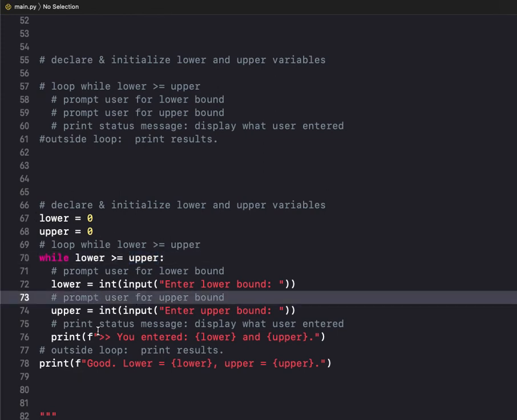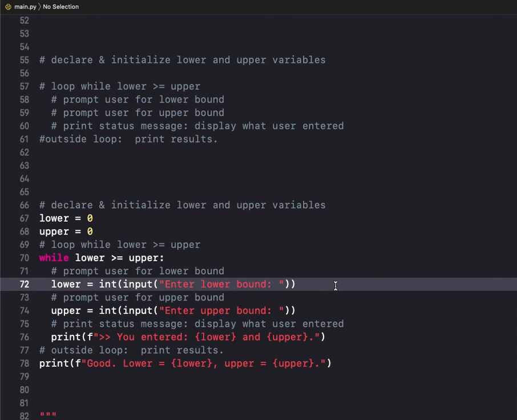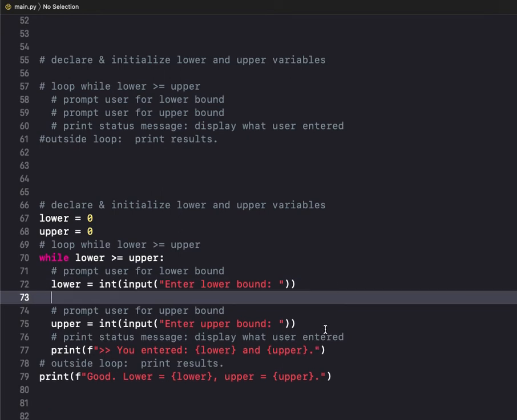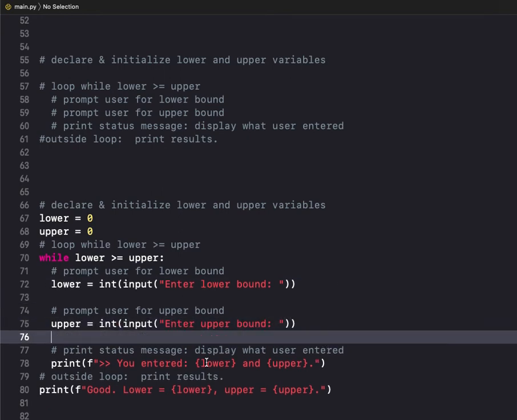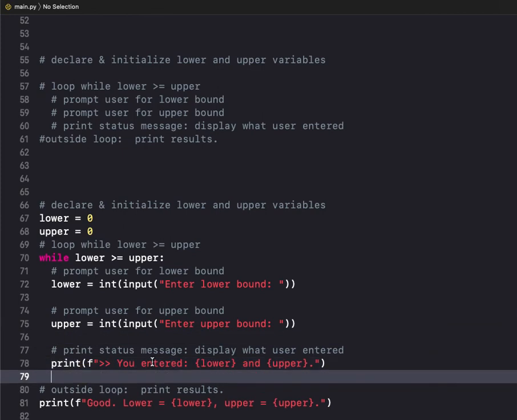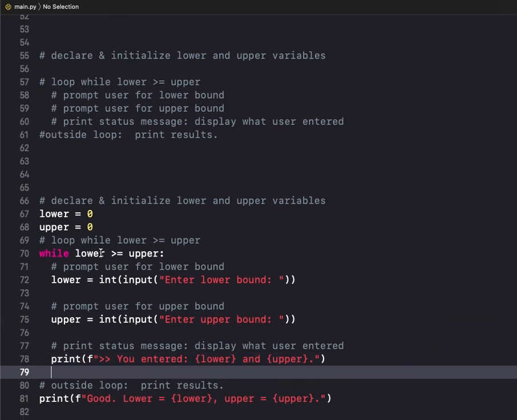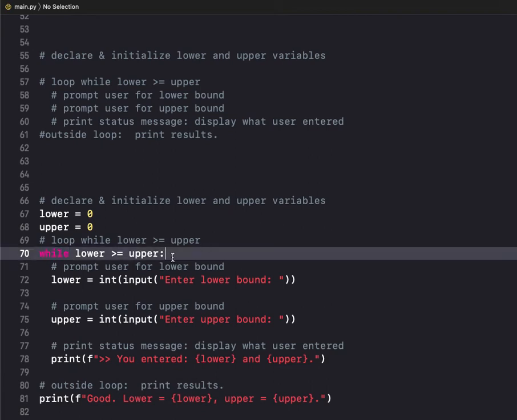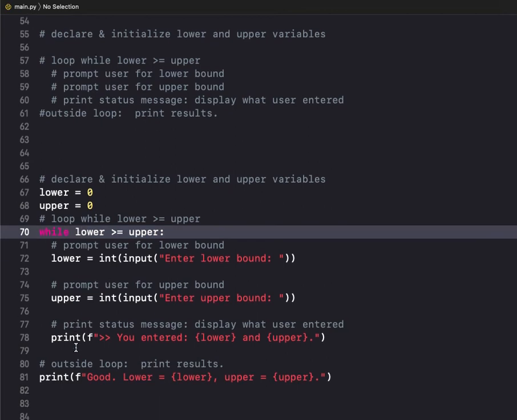All right, so we get inside the loop, and now we are prompting the user for their input for the upper and lower bounds. We print a little message saying, hey, this is what you've entered. Once this is all good, when lower is no longer greater than or equal to upper, we exit this, because remember, a while loop will loop only while the condition is true, and this is our condition check right here. So as soon as lower is no longer greater than or equal to upper, we exit this while loop,